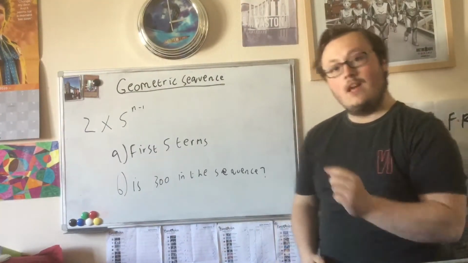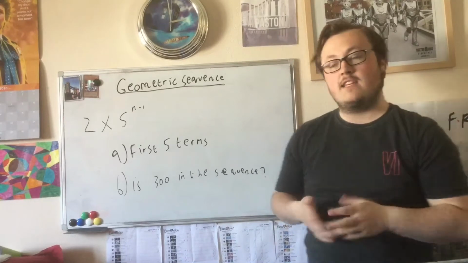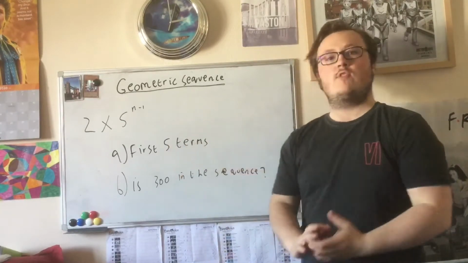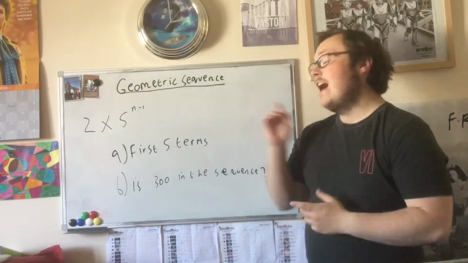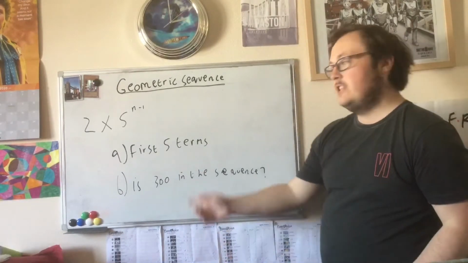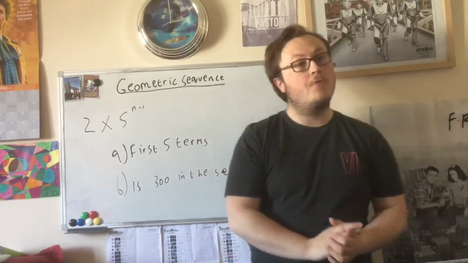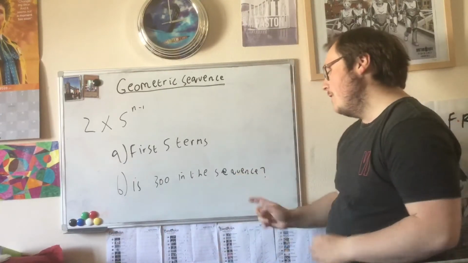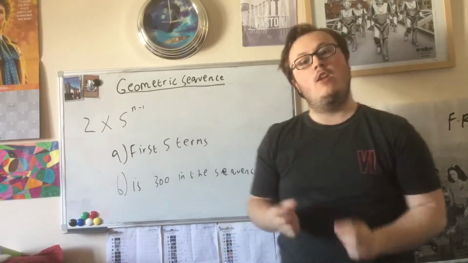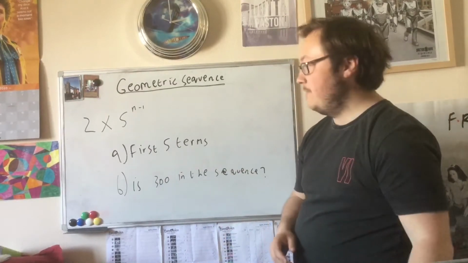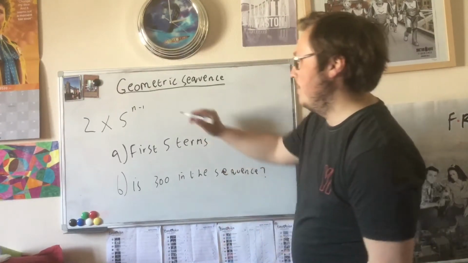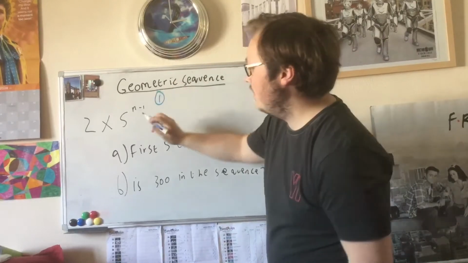Now yesterday I was showing you how to create and find the next terms in a geometric sequence and also what on earth they are. And I set you this challenge to find the first 5 terms of the sequence and find out if 300 belongs in it. So obviously let's find the first 5 terms, and for this we're going to do a bit of substitution. So for term number 1 it's 2